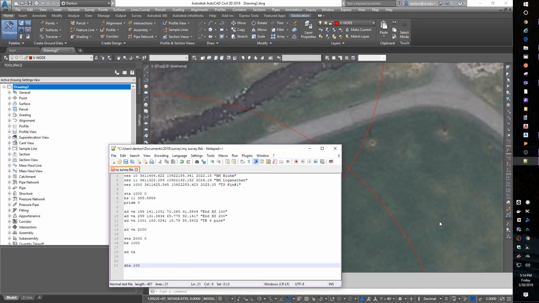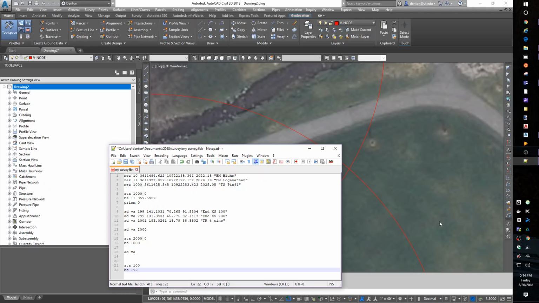And for the height of instrument, I'm going to have you take your rod reading and subtract it from the height of instrument for our laser and put that in as the height of instrument. So that would be my 2030.02 minus whatever my laser reading was on station 100, and that's what I put in as my height of instrument. And we're going to back sight